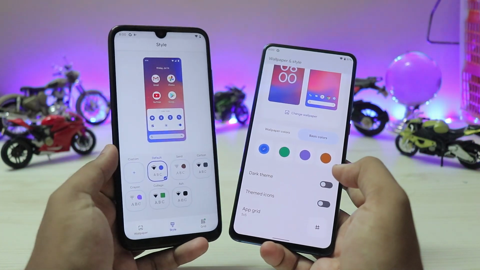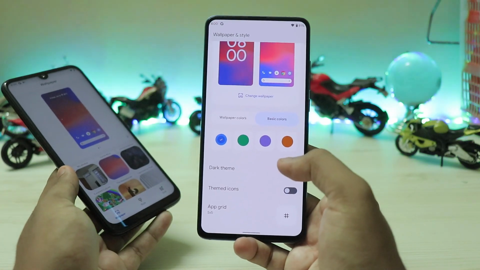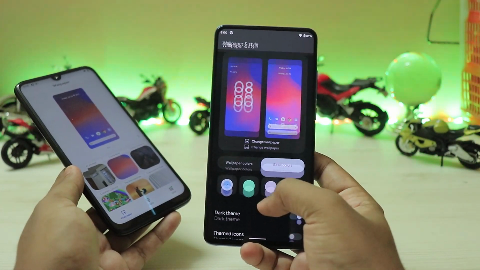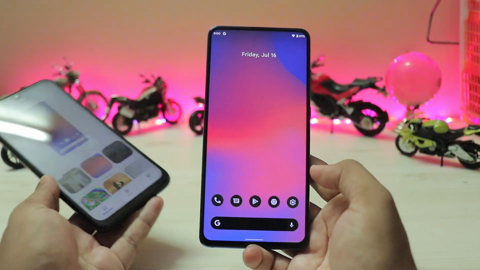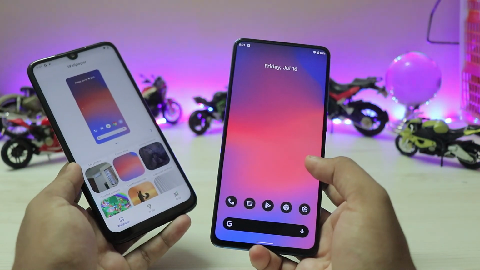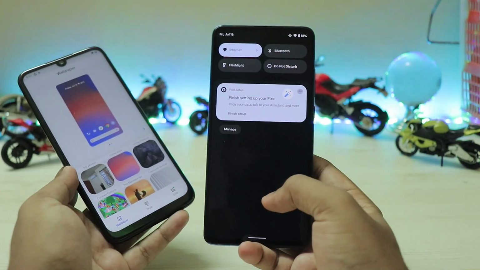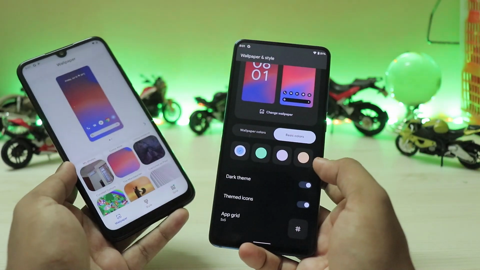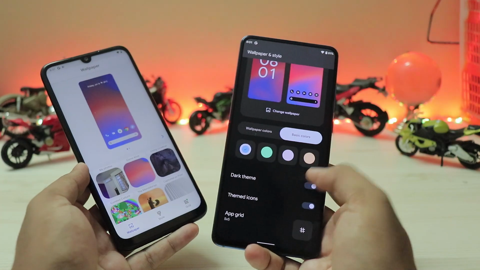Again, going into more things, yeah, this just looks a bit older, even though it was just introduced in Android 11. But now you can even turn to a dark theme right over here, and it just switches pretty quick. You even have themed icons which only appear on the home screen, not in the app drawer, so that's really clean. Again, your bar goes completely dark even if the wallpaper applied is quite dark. Again, as you can see, this is how the quick settings panel looks. Everything is just butter smooth. Like Android 12 Beta 3 is extremely snappy even on the Note 7 Pro when I tried it.